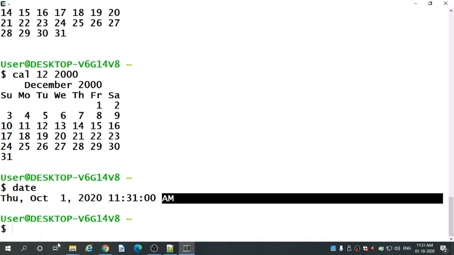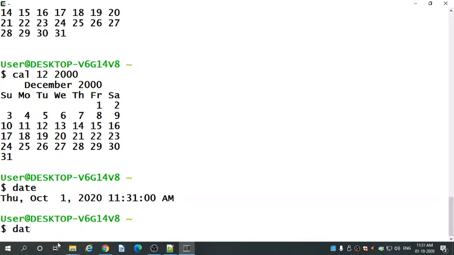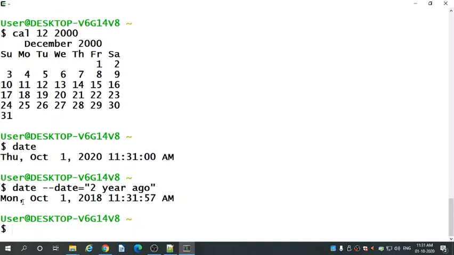Then next, if you want to see the date 2 years ago, you can type here date, then space -d, then an equals symbol in double quotes, 2 year ago. You type this, complete the double quotes, and then press enter. So you can see here the same day from today, it will show you the date 2 years ago.